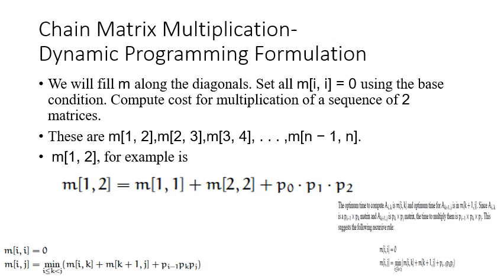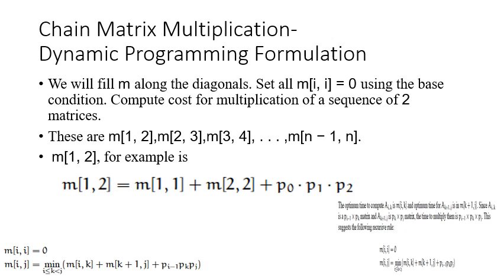Suppose we want to multiply 5 matrices. For that we have constructed this table with 5 rows and 5 columns. Each row and each column represent the matrix number to be multiplied with another. For example, this column shows matrix 1 multiplied with matrix 1, matrix 1 multiplied with matrix 2, matrix 1 multiplied by matrix 3, and so on. And the diagonal values show matrix 2 multiplied by 2, matrix 3 multiplied by 3, and so on.